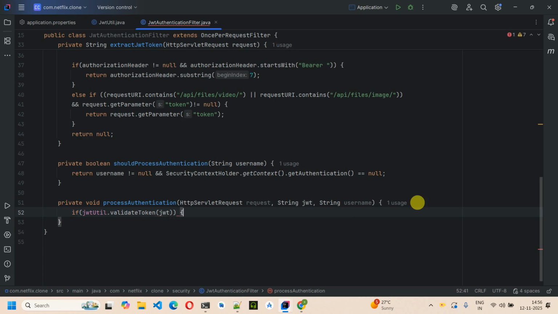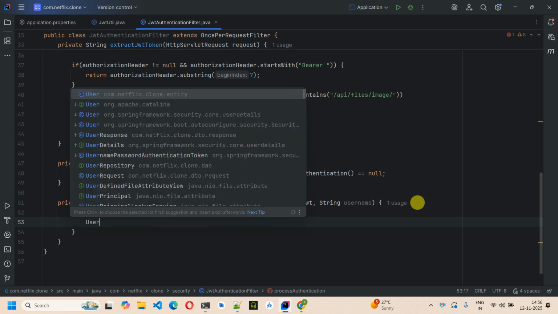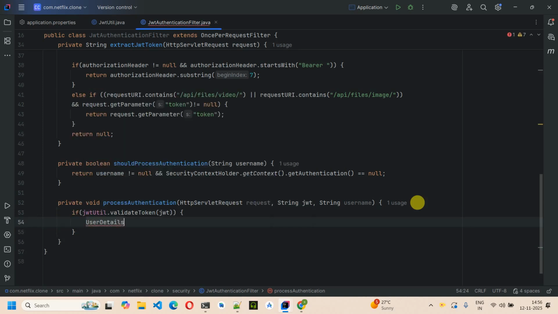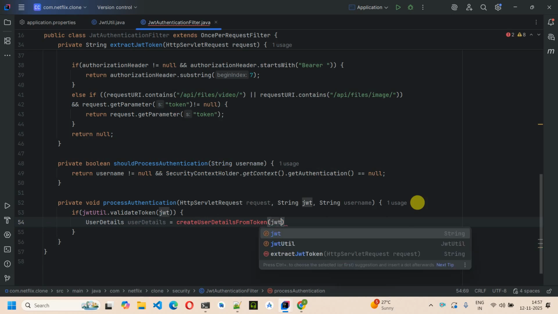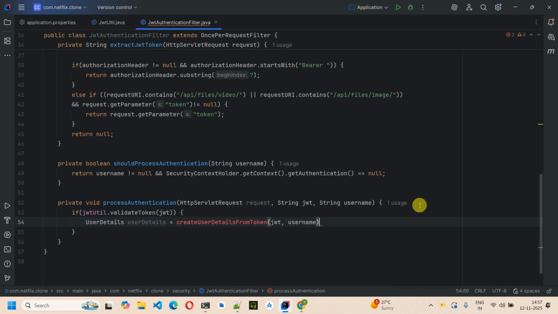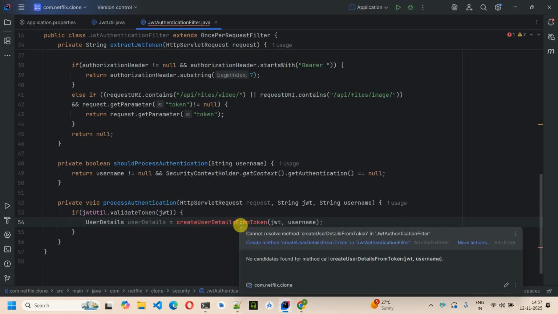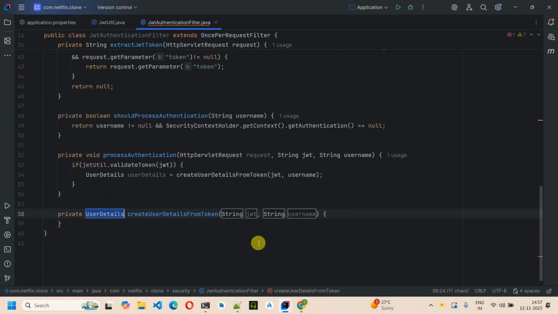JWT, and after this we will create user details. User details is equal to... we have to create the user details from the JWT and username. So I will write another method, createUserDetailsFromToken, and with this one we will pass the JWT and we will pass the username. However, on this one we will create another method below this,